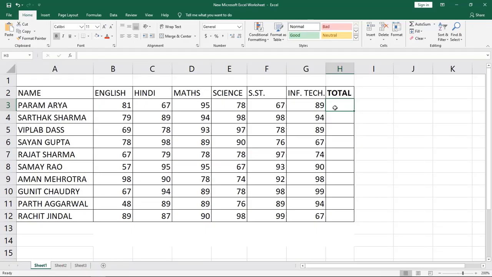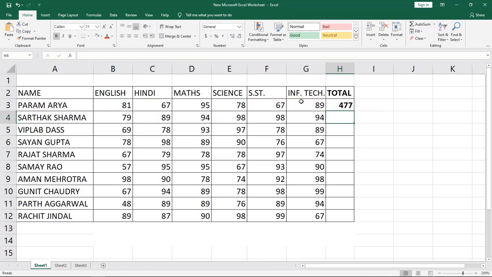Let's see an example. In the given Excel sheet, we'll find the total of the given subjects. So we have to give the equal to sign, then click this cell, plus sign, click this cell, plus sign, click this cell, plus sign, click this cell, this one and this one.